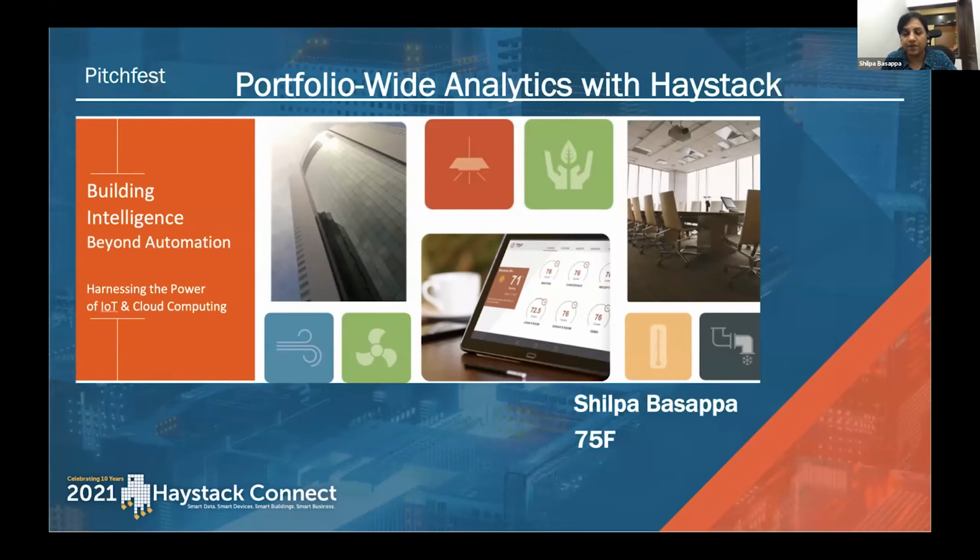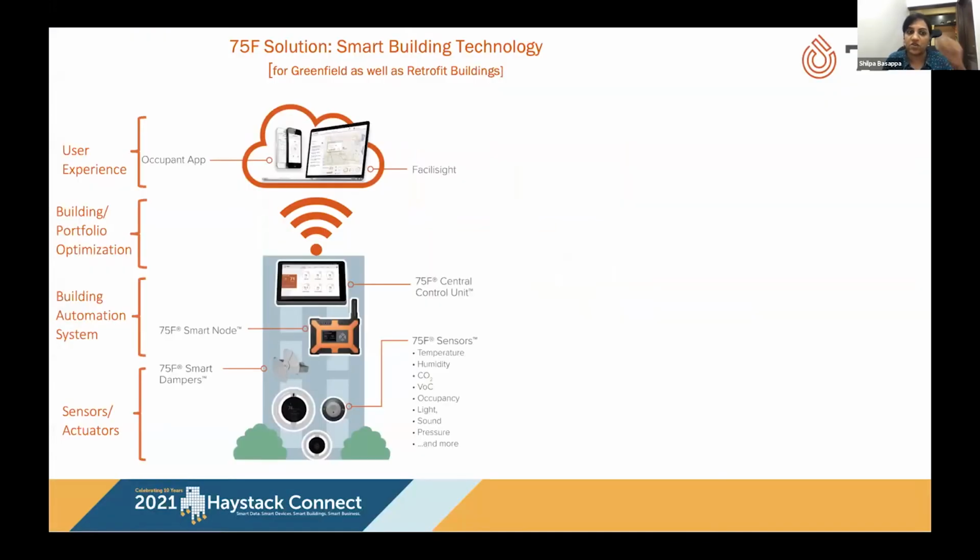We are a complete BMS smart building solutioning company. So my first introduction will be what all it is that we do in our company. We are a complete vertically integrated system. When I say that, what I mean is that we have our own sensors, actuators, and our own building automation system with our own controller. We have our optimization data which is getting written into our cloud. We have our user experience apps, which allow the user to see and use them.